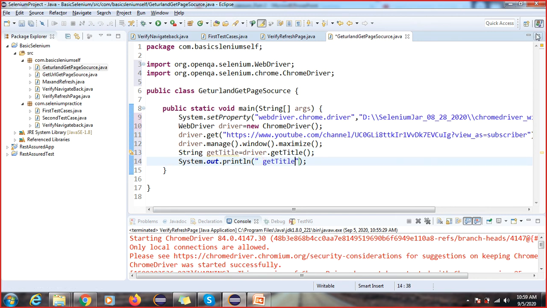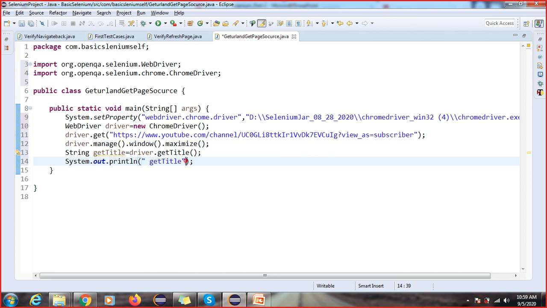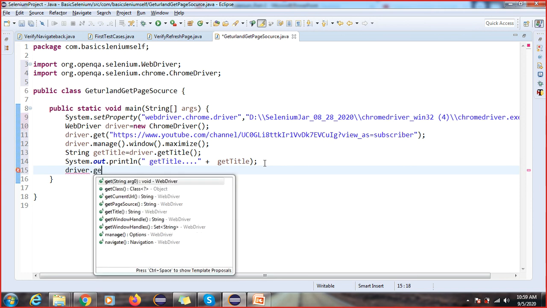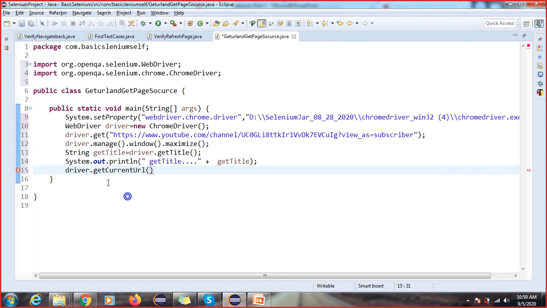Okay, so get title. I will maximize this window so it is visible clearly. This is your get title and this is your get title. Now I'm going to use another method called driver dot get page source. You can say the return type is only a string, right? So by using this, get current URL.